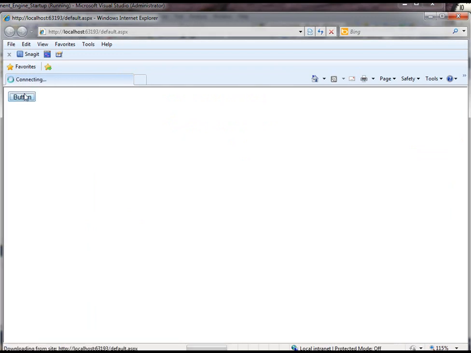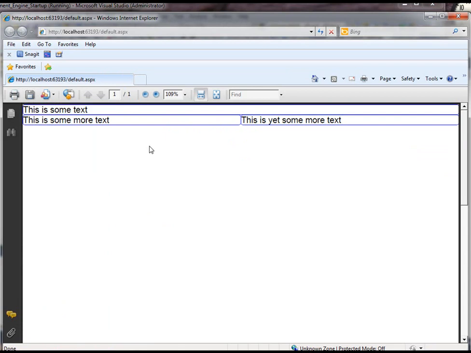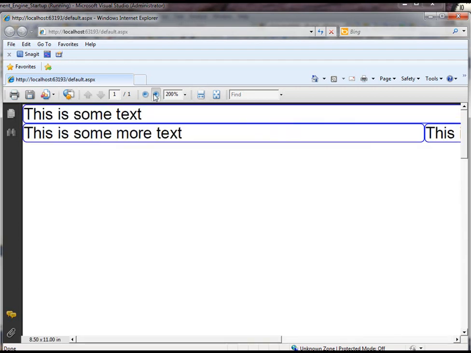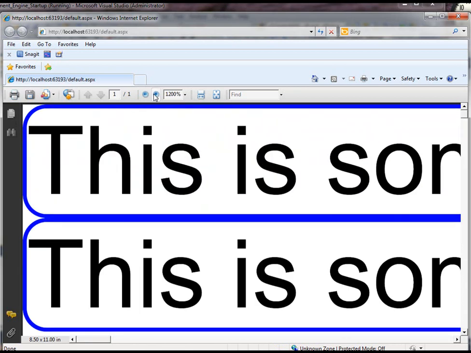So I click the button, and now you notice that the first cell within the row gets the blue pen and the rounded corners. Then we get the same styling applied to the multiple cells that were added as well. If I zoom in on it just so you can see what it looks like up close, this is what it looks like when you specify a pre-made pen. The pen has a default thickness as well, or rather the border has a default thickness, and this radius makes